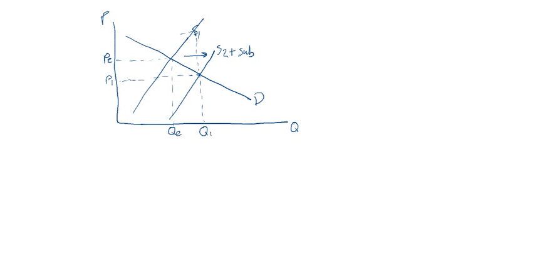At the same time, producers benefit from price PP, because they are getting this extra money from the government. So this represents a subsidy. The difference between S1 and S2 is a subsidy. So this is good.